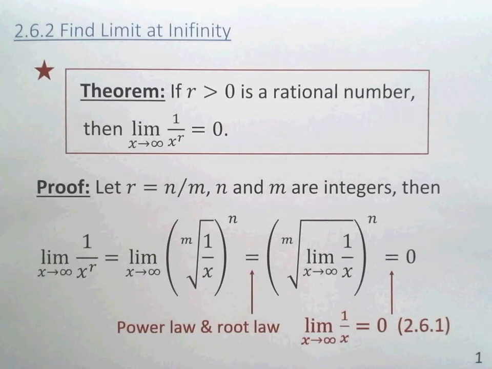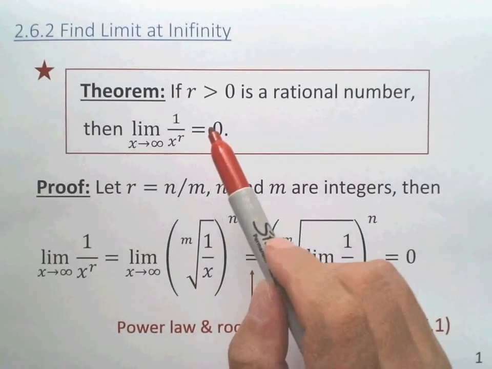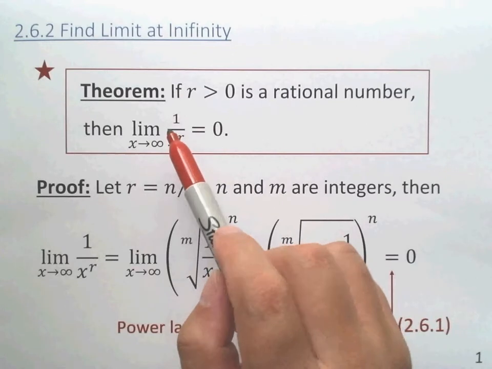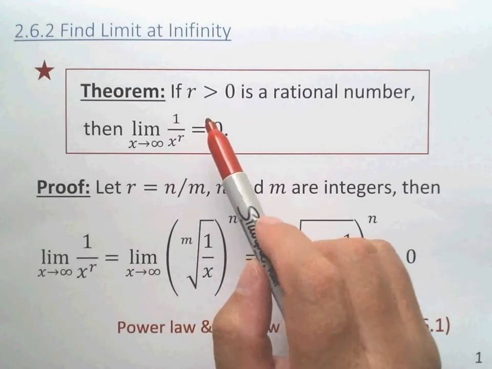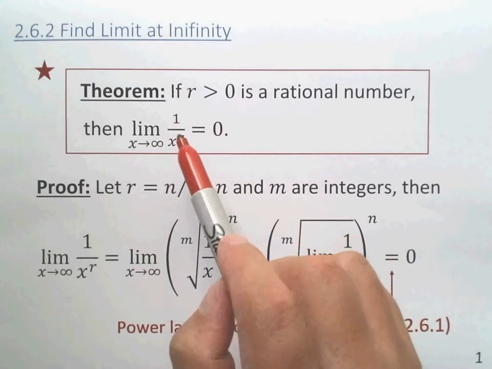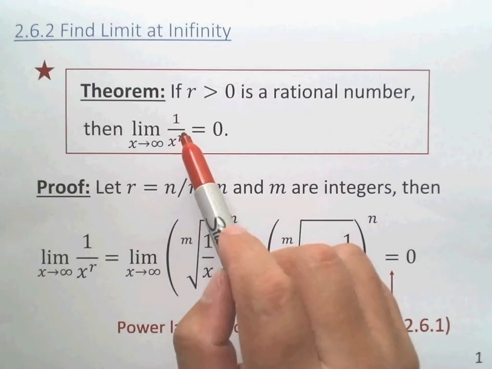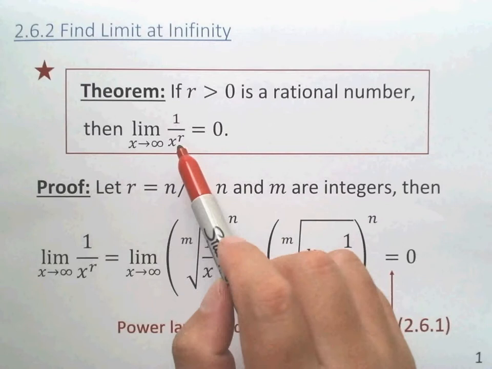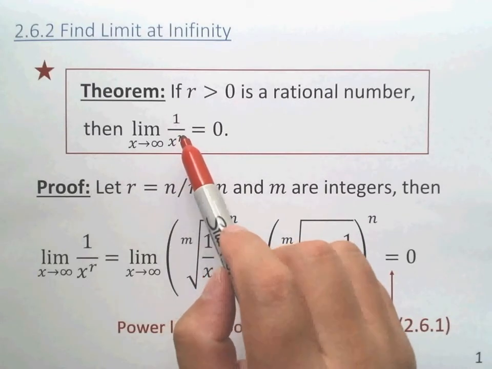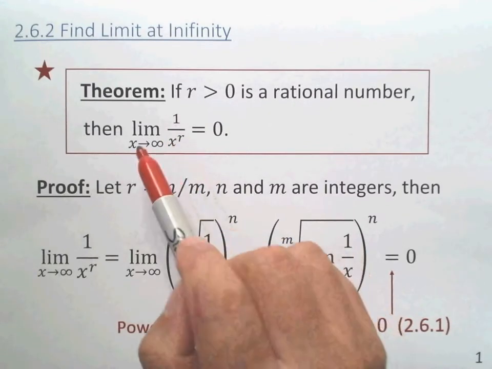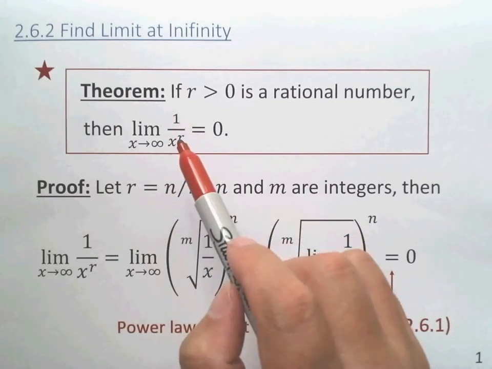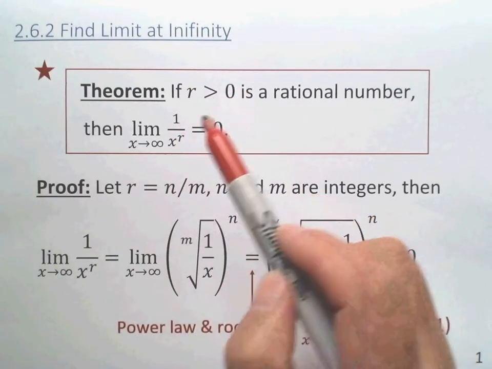First, let me look at it. Is this result meaningful? Yes. Why? Because this is intuitive. And r is greater than 0, a number. You can imagine x raised to the r's power. The denominator goes to what? It goes to infinity, right? So 1 out of infinity, one can imagine 1 out of infinity should go